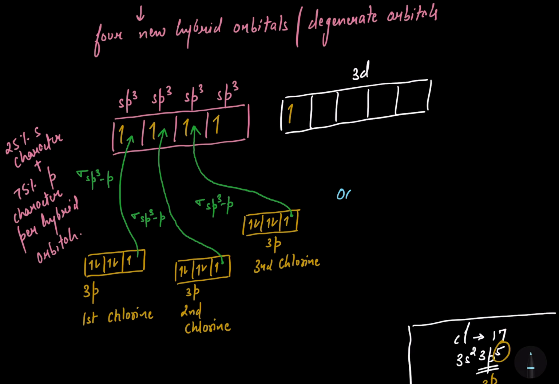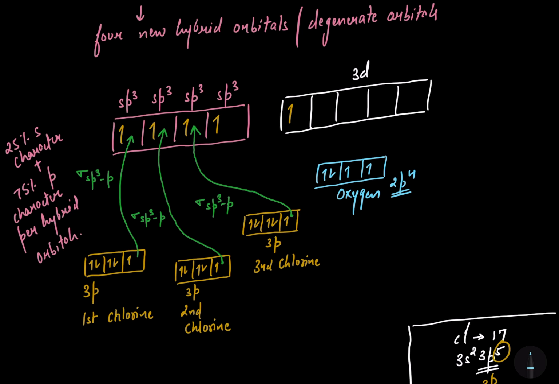In the case of oxygen, I'm making the 2p orbital, and in 2p we have a total of 4 electrons. So let's fill them: first electron, second electron, third electron and the fourth electron. Now we have 2 orbitals in the 2p of oxygen which have 1 electron each. That will form the bonds with the